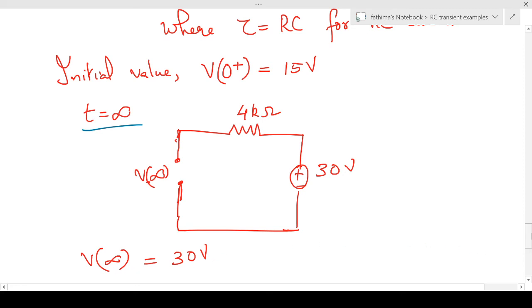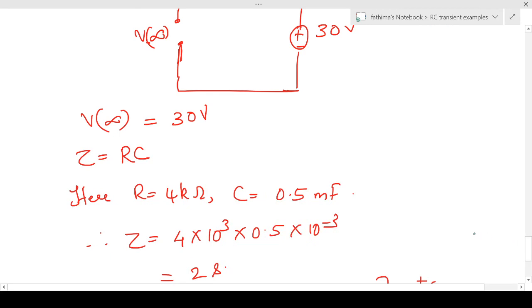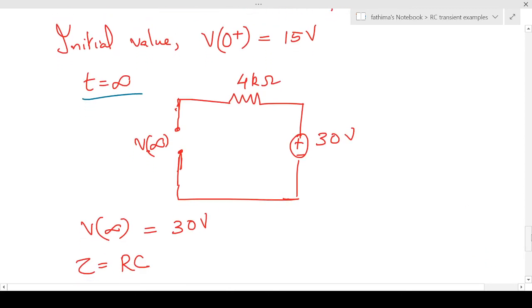So now we know the initial value and the final value, v of 0 and v of infinity. Now we have to calculate the time constant RC. For this circuit, when we put the switch in position 2, there is only one resistance, so that resistance value is R itself, 4 kilo ohm. If there are more than one resistance, then we can find the equivalent resistance similar to the manner in which we found the equivalent resistance for Thevenin's. That is, we have to short circuit all the voltage sources and open circuit all the current sources, and find the equivalent resistance.